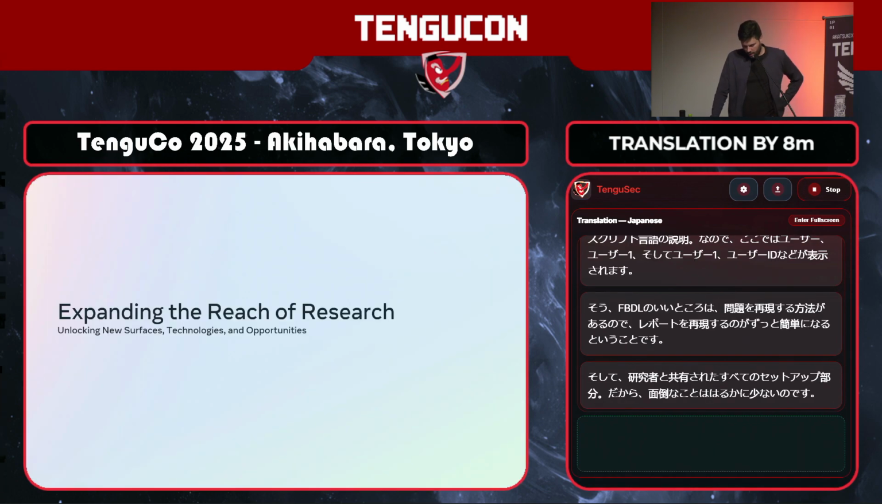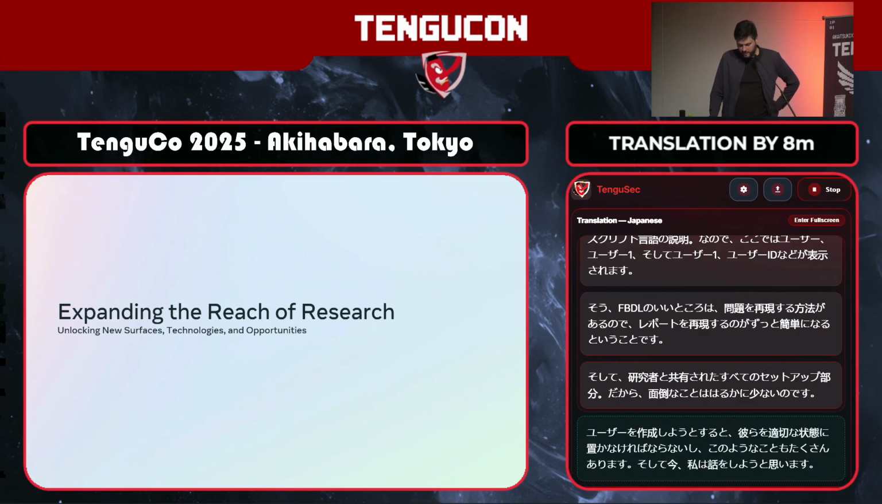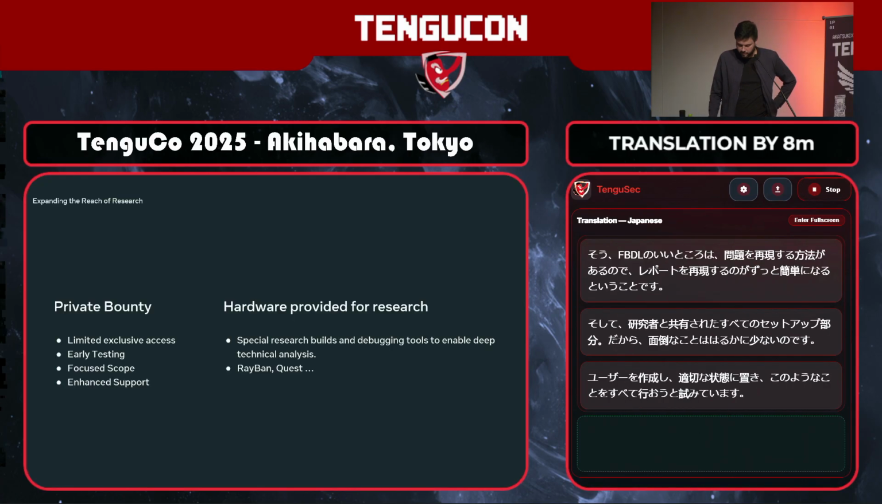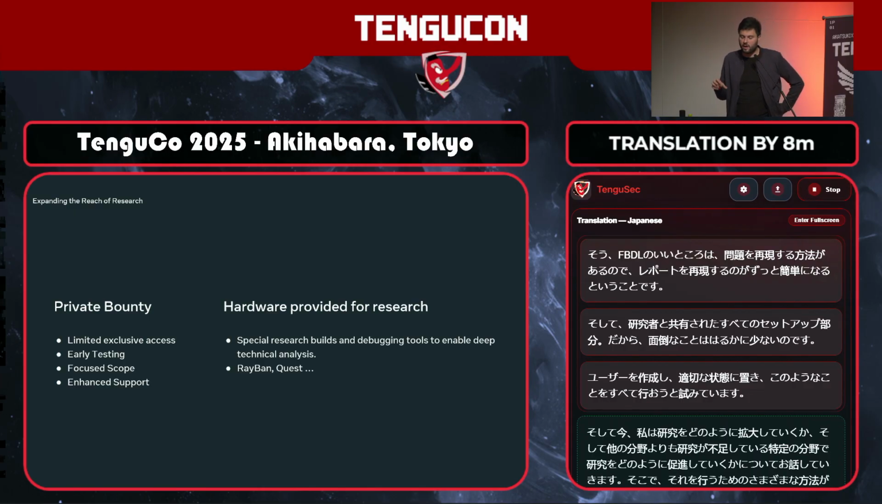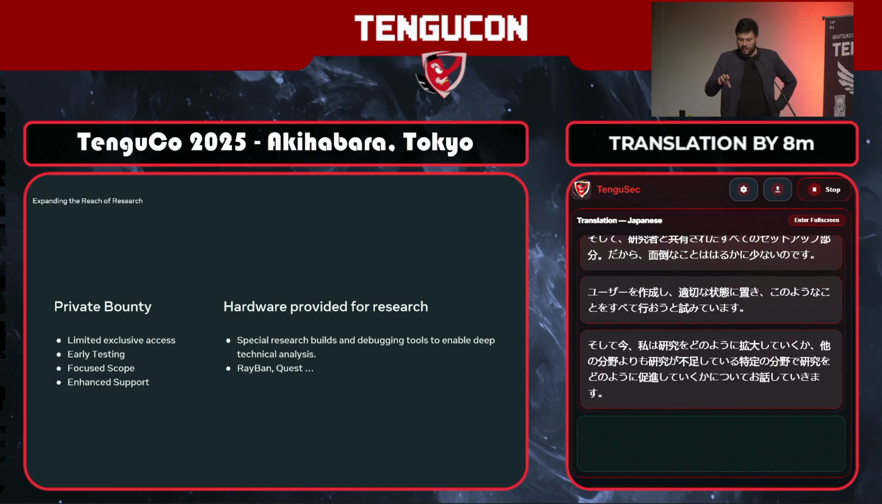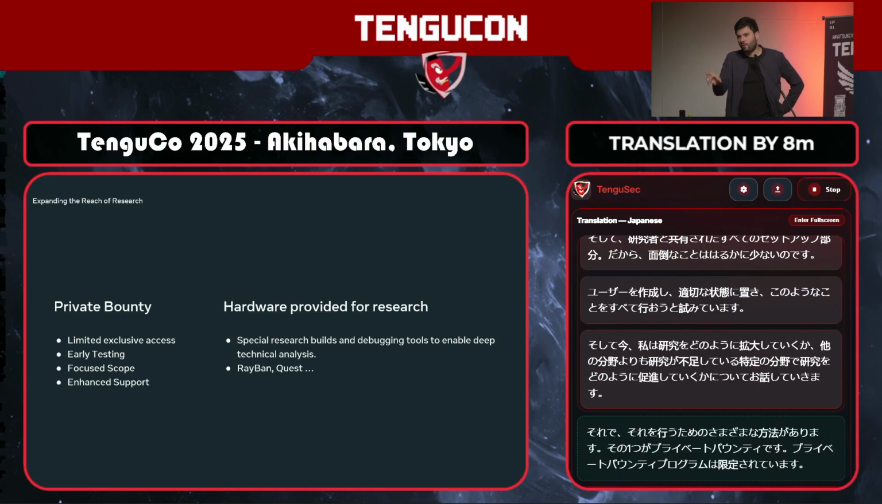And now I'm gonna talk about how we expand the research, how we try to incentivize research in certain areas that are not as researched as others. So we have various ways to do that. One of the ways is private bounties. Private bounty programs are limited-time programs where we give certain researchers access to